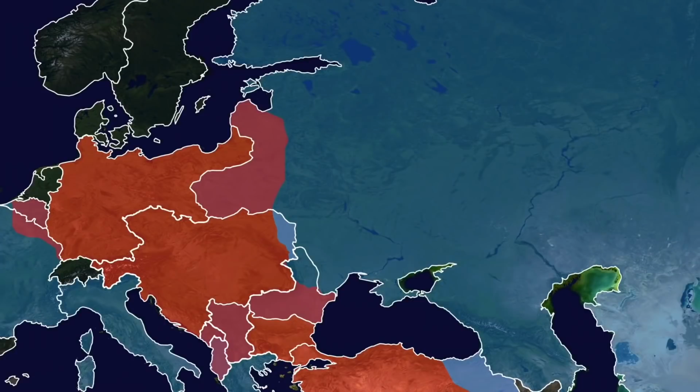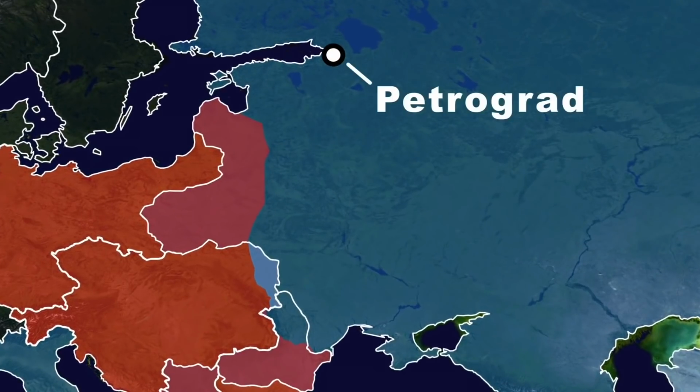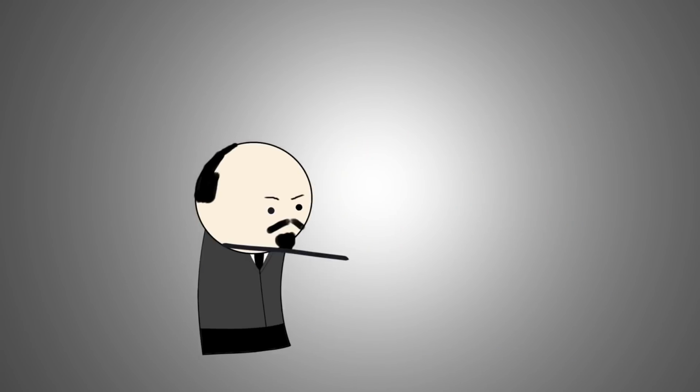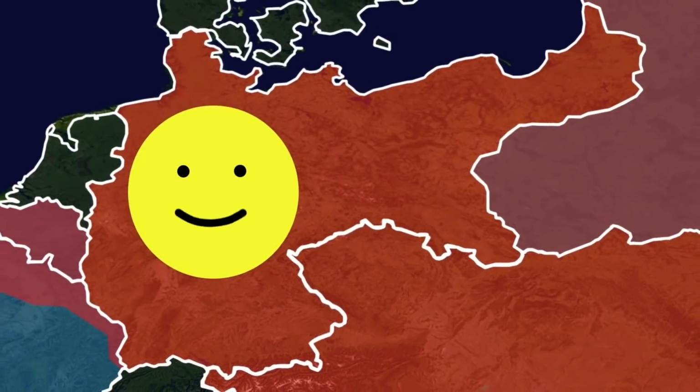Tired of not eating and mad that a crazy magic homeless guy was calling some of the shots, there was an uprising in Petrograd complete with riots and strikes. The riots turned into a full-scale revolution and a new government overthrew the Tsar. Then a few months later, the Bolsheviks overthrew the new government. Yes, so basically socialists under a man named Kerensky took over after the Tsar. But then you had far left extremists called the Bolsheviks under a man called Lenin, which would stage a coup against the socialist government. And they pulled Russia out of the war. This was great news for Germany, who now only had to...